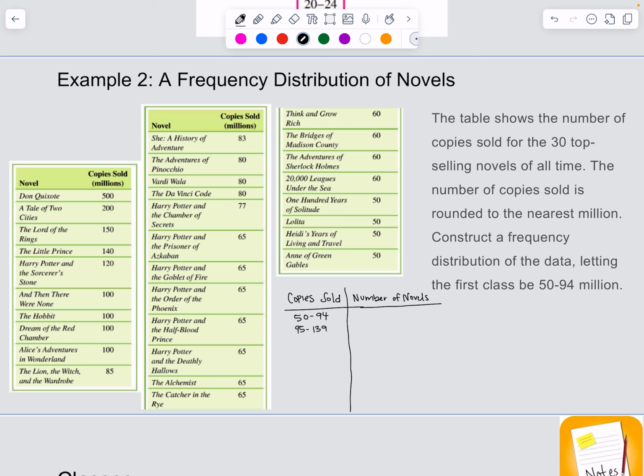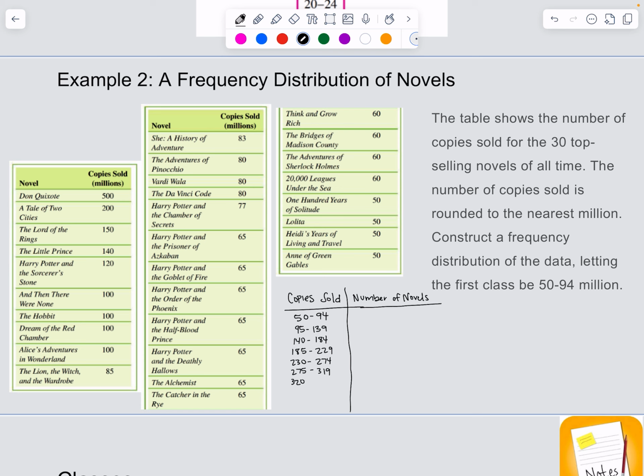And then 140 up to 184. 185 up to 229. 230 up to 274. 275 up to 319,